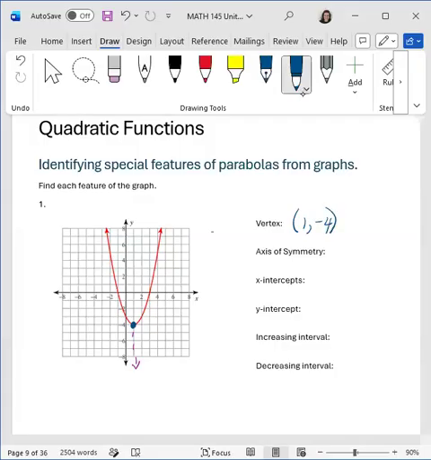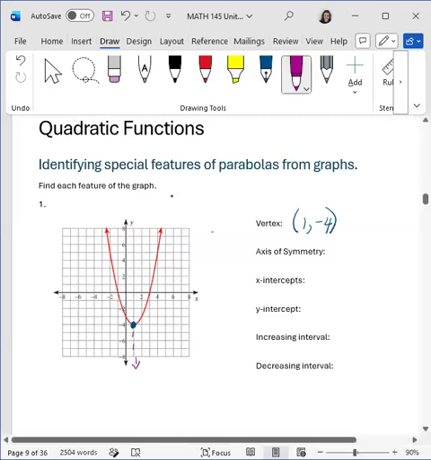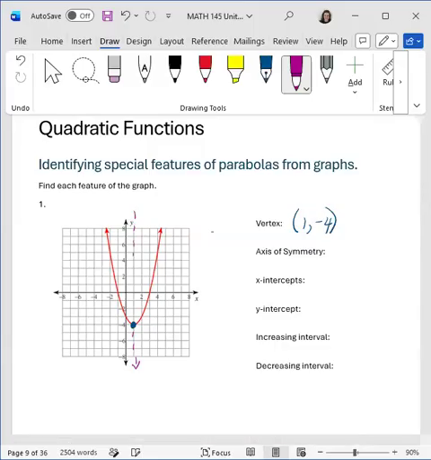The axis of symmetry is a vertical line. It's a reflection line on the parabola. So if I were to draw a vertical line right through the vertex, and I were to fold the left-hand side, it's going to lay right on top of the right-hand side of the parabola. So that axis of symmetry is always going to intersect the vertex, and specifically the vertical line is going to have the equation x equals whatever the x-coordinate of the vertex is, in this case